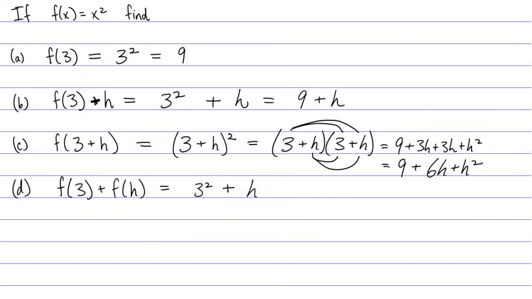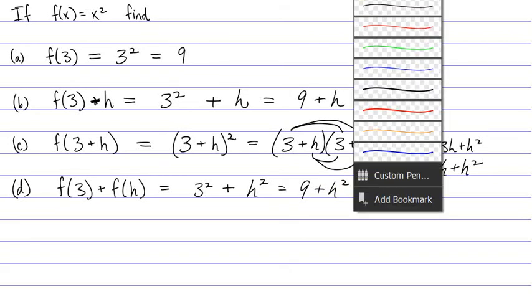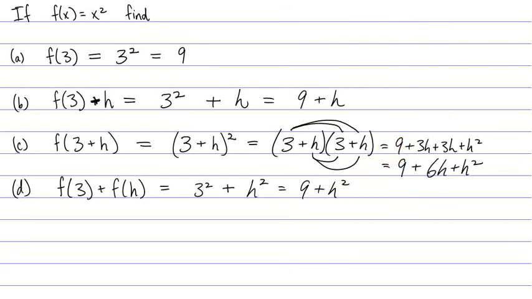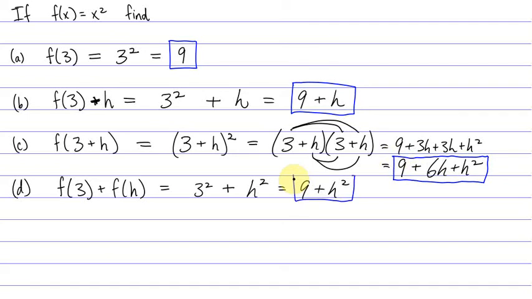In terms of any simplifying that we do, all that we really can do at this point is, like earlier, simplify the 3 squared as a 9, so 9 plus h squared. And that is really about it. Now, this will be the time to point out, let's box the final answers, even though this is kind of rare for me to do. Here our final answer was 9 plus 6h plus h squared, and here the final answer was